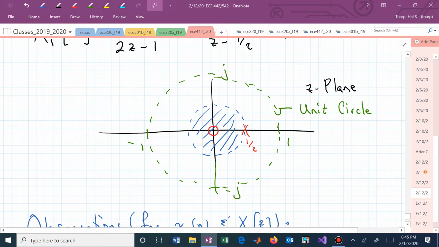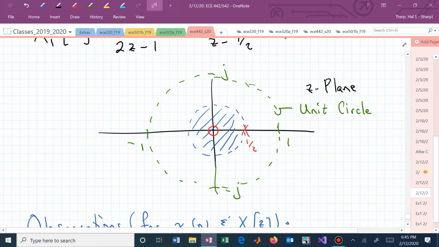Is the unit circle contained in or on top of the region of convergence? It's contained. And what's 1/2 to the 1, 1/2 squared, 1/2 cubed? That's bounded, isn't it? See the connection? If the region of convergence contains the unit circle, we're going to have a bounded time domain